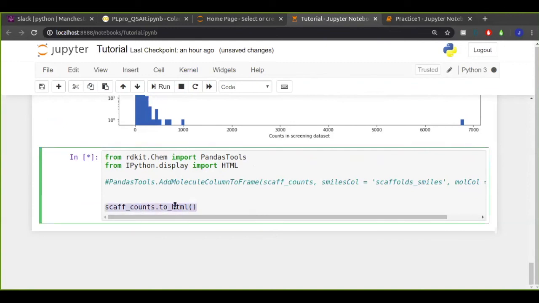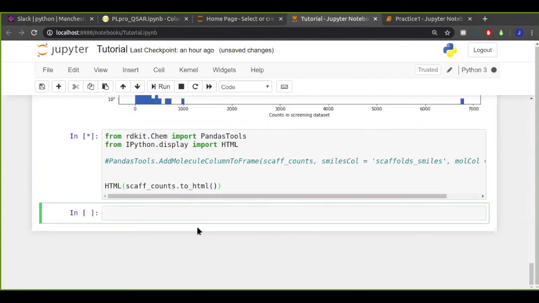So what does this do? This generates an HTML object for the data frame, which will be a bunch of garbled looking code when it comes out the bottom. So to have it actually render nicely, I call HTML on said data frame. And when my computer finishes working, it should render nicely below. I'd hope that'll be quicker for you guys because I've got a particularly slow laptop, but we'll see.